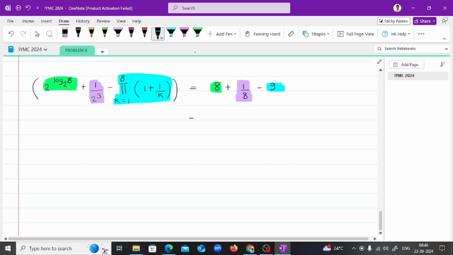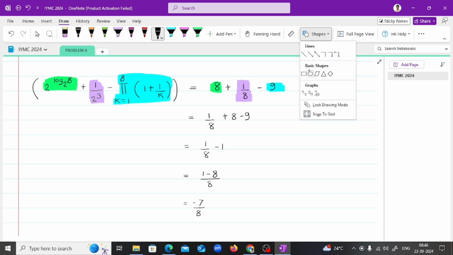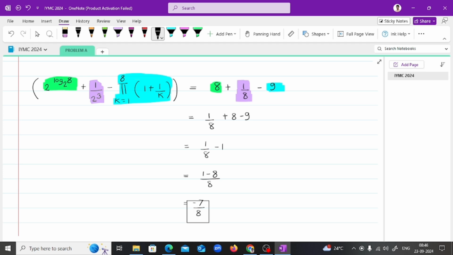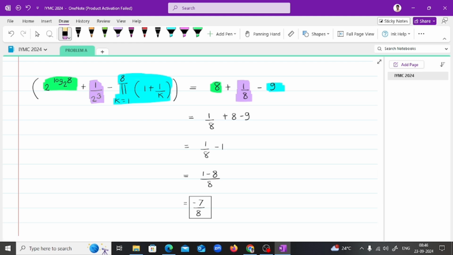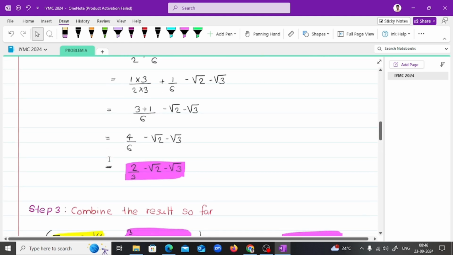So we can simplify this as, we will first subtract 9 from 8. So 8 minus 9 will be minus 1. So it will be 1 upon 8 minus 1. And we know how to subtract this number by making the denominator the same. So it will be 1 minus 8 upon 8, which is nothing but minus 7 upon 8. And this is the value of the second bracket. So I will give a box to this value. So minus 7 upon 8 is the value of the second bracket, and here